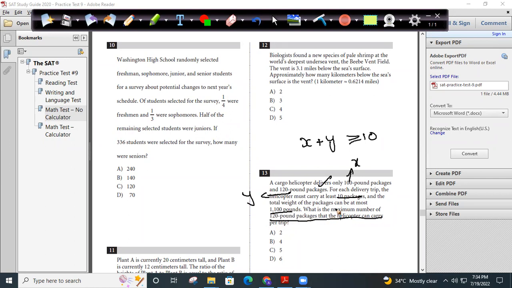So it says the maximum weight that I can carry is 1100. So assume I'm carrying how many bags of 100 pounds? X bags. So the weight is 100x. How many bags of 120-pound packages am I carrying? Y. So 120y. 100x plus 120y is the total weight that I'm going to carry. That should be less than